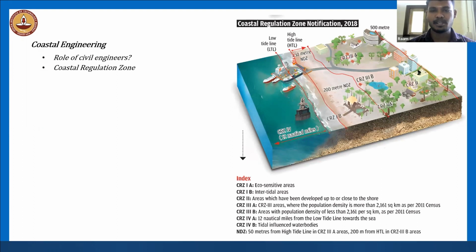Majorly, there is the coastal regulation zone. We index the coastal regulation zone based on the tide level. Our tide levels are also changing. You can see this is the low tide line, and this is the high tide line. Based upon this, the coastal regulation zone has been formulated, which is taken care of by the National Forestry and Environmental Protection